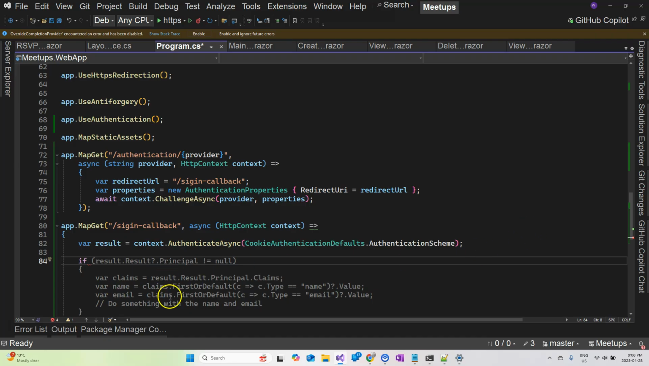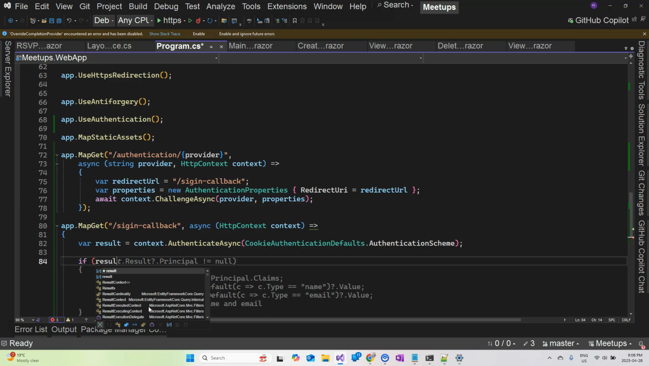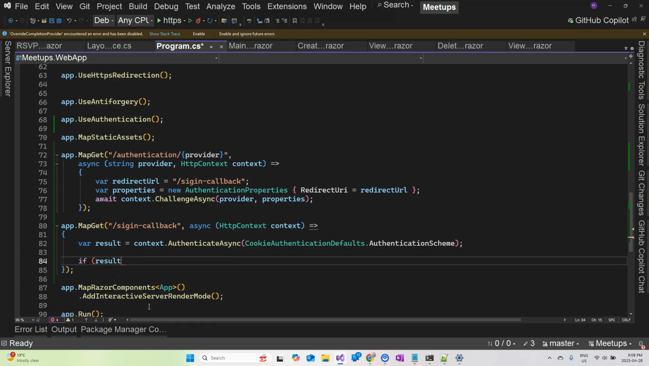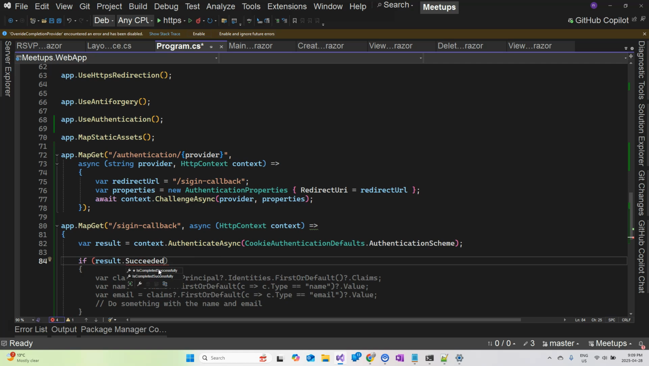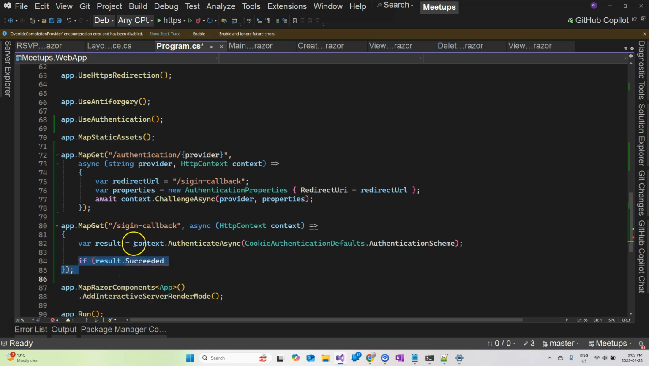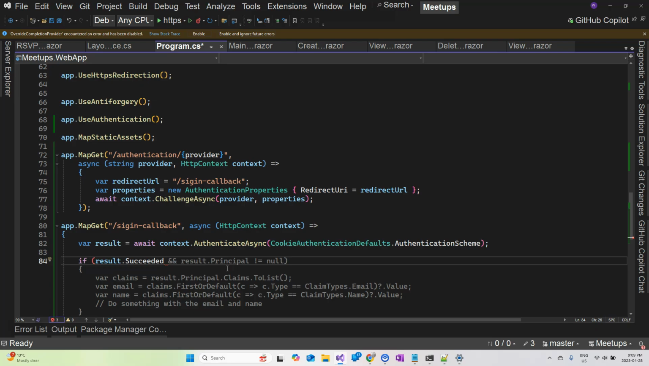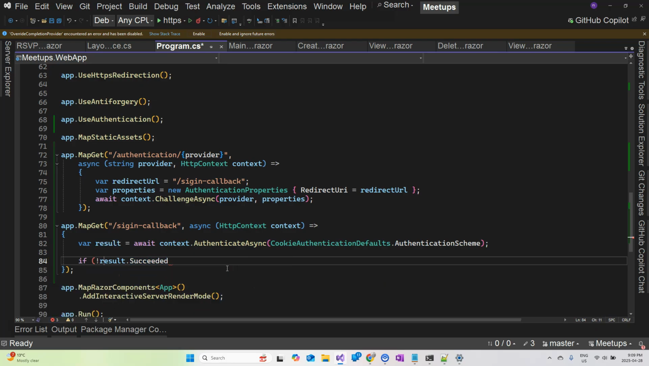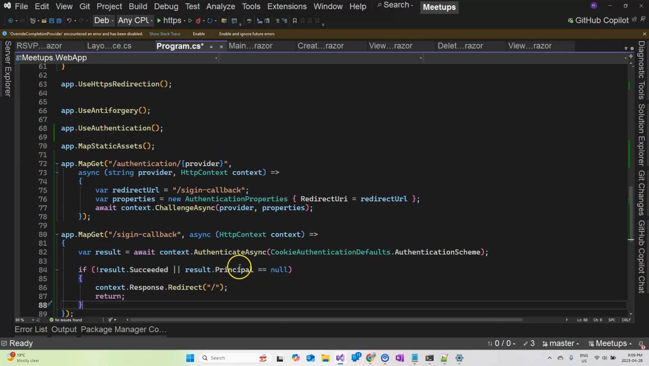here you see the code is trying to regenerate the claims, but I think we already have the claim, so I'm gonna ignore the generated code. I'm gonna say if the result dot succeeded. I thought it has a succeeded. Oh, okay, this is wrong. This is an async method. That's why I couldn't get the succeeded. Okay, succeeded. So if it's not succeeded, and if the principal is null, so this user principal is the security